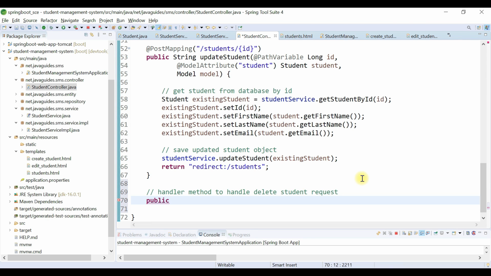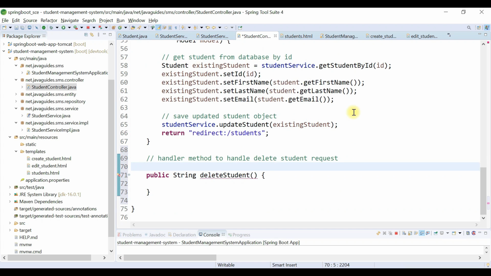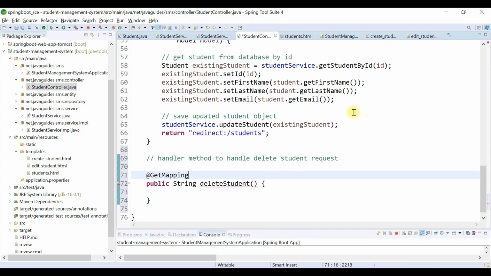Create a method here, public, and the return type of the method is String, and here the method name is deleteStudent. Let's annotate this method with the @GetMapping annotation, and just add the URL, that is /students/ and then the template variable, that is studentId, and we need to get this id value. For that we're going to use the @PathVariable annotation here, and the type is Long.